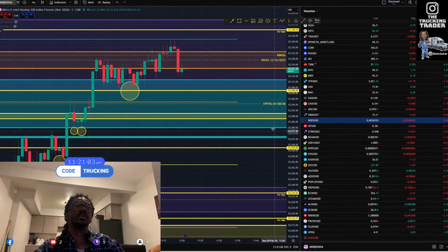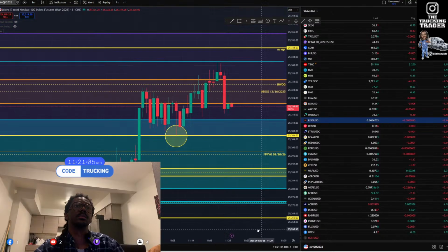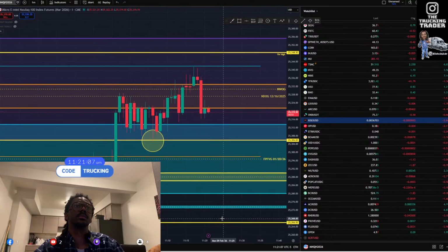Right here, we want to see, does this 1-minute candle right here start to really go lower? You know, so far this is a small displacement, but we didn't break below any swing lows, so I don't really trust this candle just yet, but